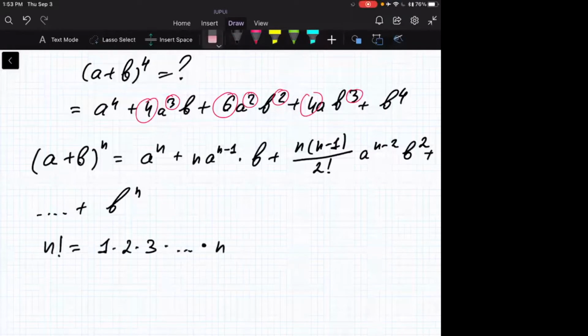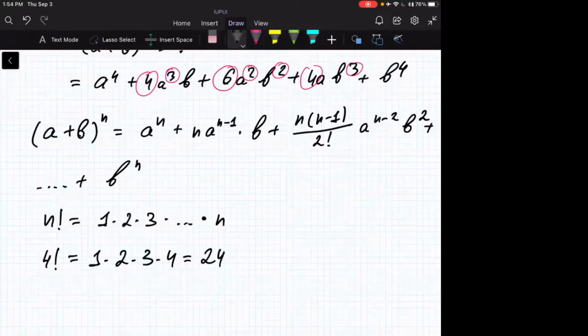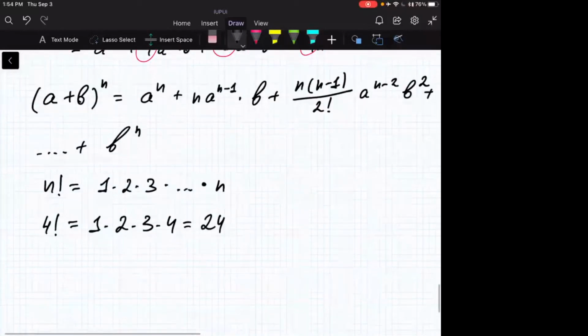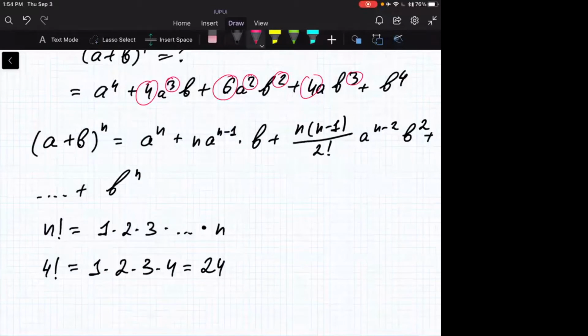So for example, 4 factorial will be 1 times 2 times 3 times 4, which is 6 times 4, which is 24. And so on. But what we actually need is just first two terms, because let's try to apply this binomial theorem